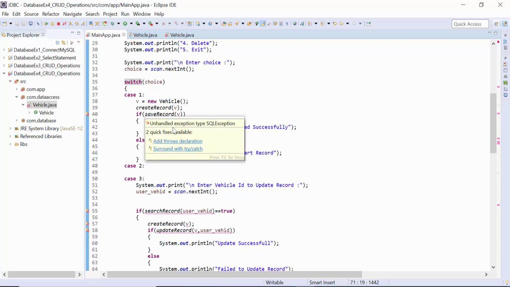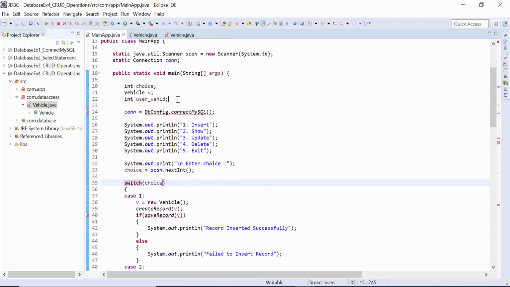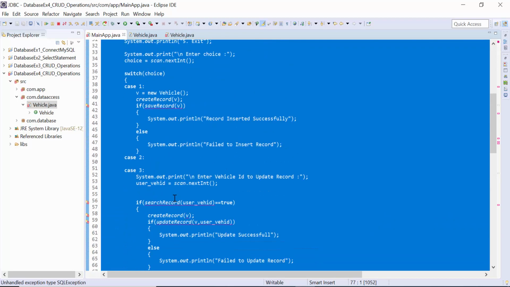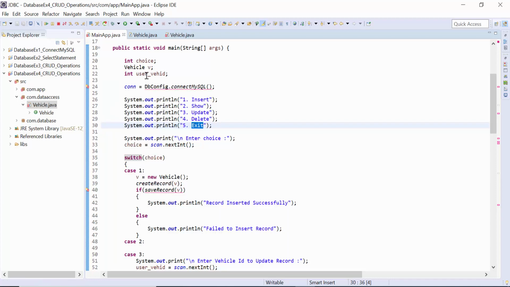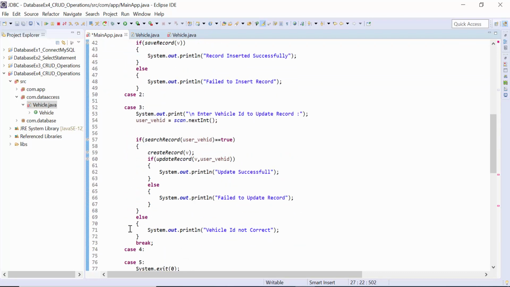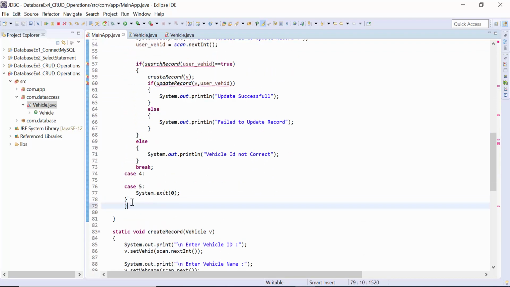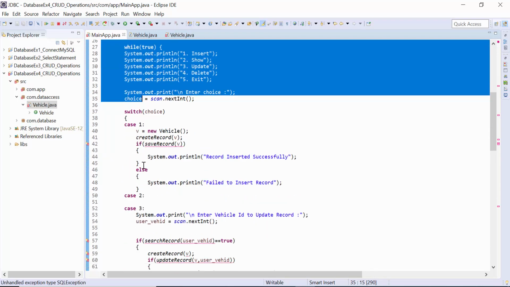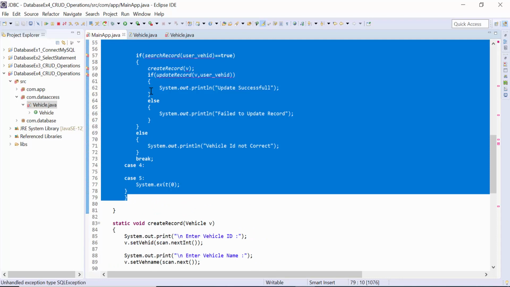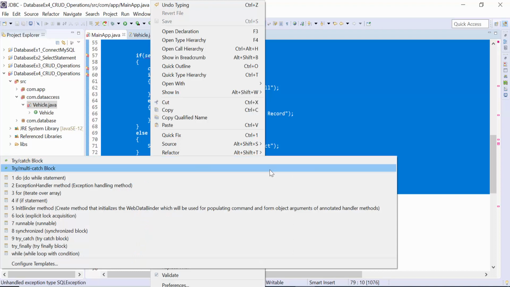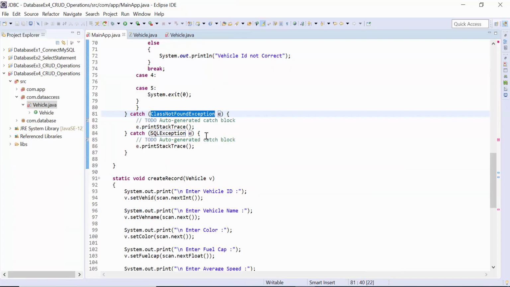2 is save record. Now how to handle exceptions? To handle the exception, all this code we keep inside a try catch, and we are going to repeat this code until the user presses 5. So we also need to consider that, and write a while loop here, and this loop ends only after the switch case. Now all these code lines we keep inside try catch. So select all these lines, right click, go for surround with, and select the option try catch or try multi catch. We click try catch, so it handles the exception.